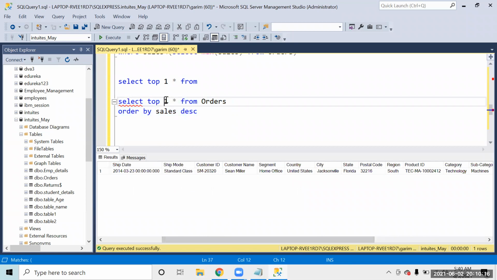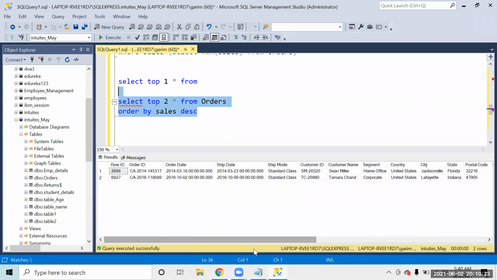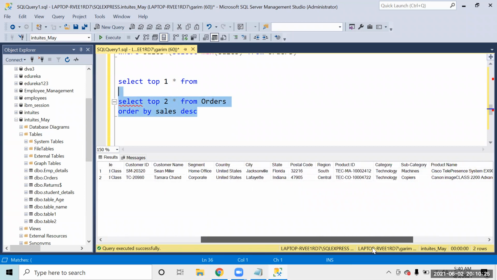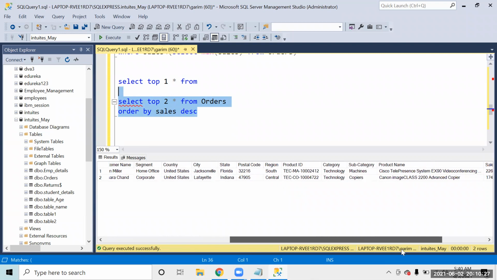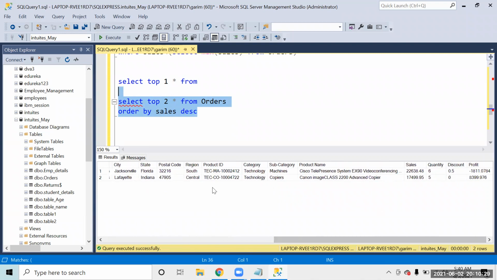Now what I can do is, if I say top two stars over here, this gives me the top two rows, right? So now what I want to do is, I actually have to pick up only the first row.